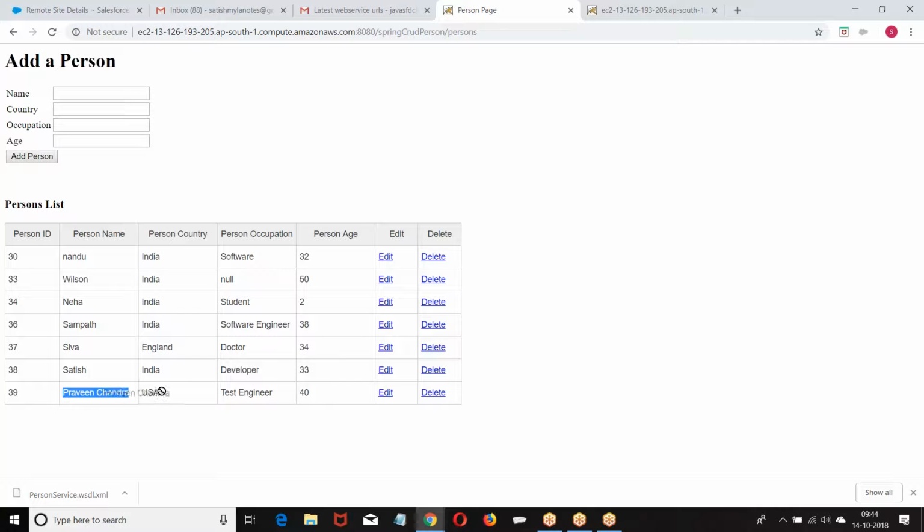Praveen Chandra, USA, test engineer, 40. Now what happened? From Salesforce, we inserted the data into this Amazon. What is this Amazon? What is the application running on this? Java Spring 2.x application. The backend database I am using is Oracle. So I have taken EC2 space.